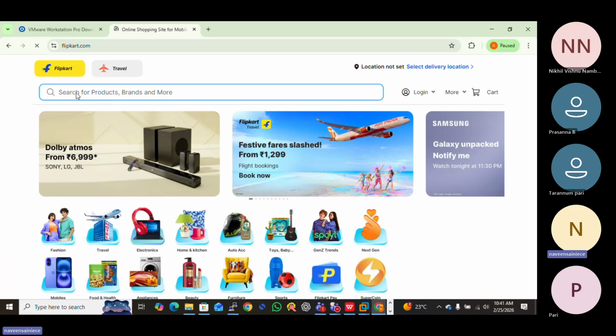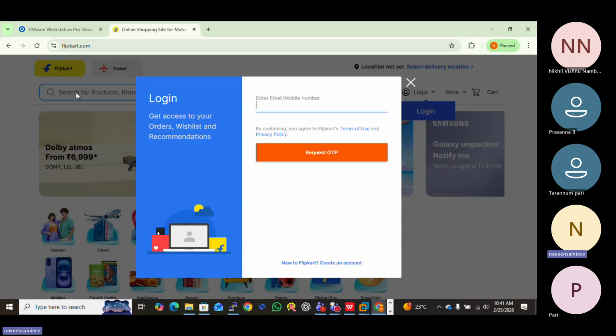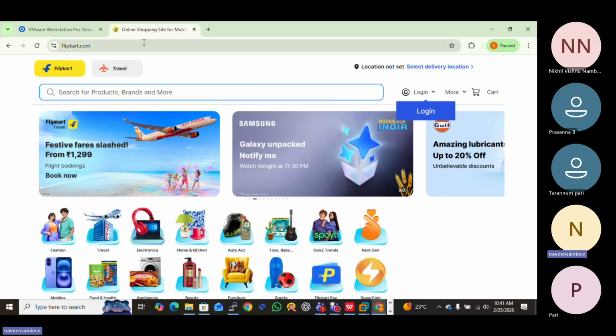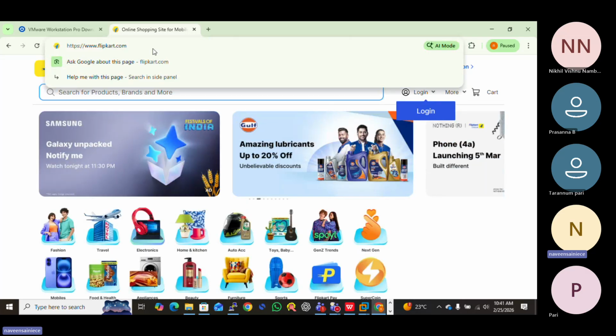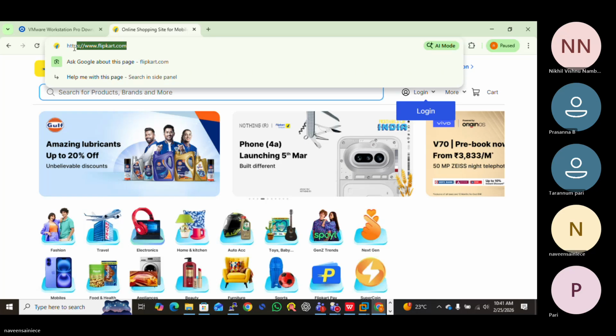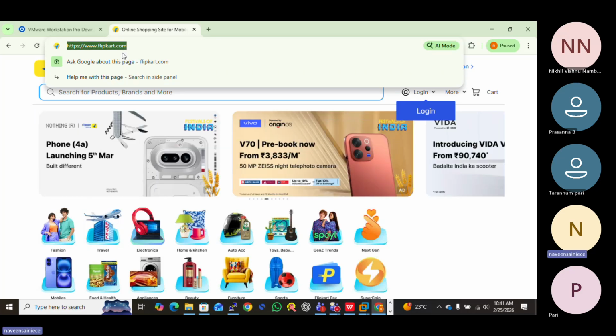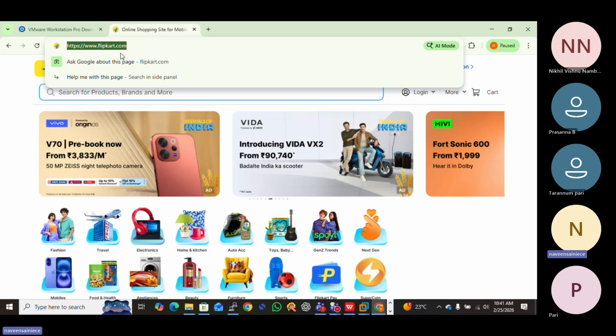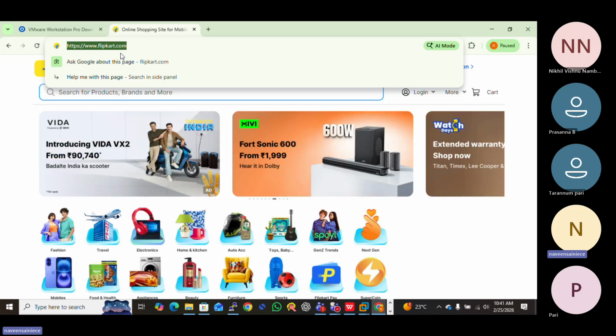this type of application is running on the browser, right? So that's why it is a web application, because it is running on the web browser. Whenever we are hitting flipkart.com, it reaches the web server, and the web server is serving it, that we understood.